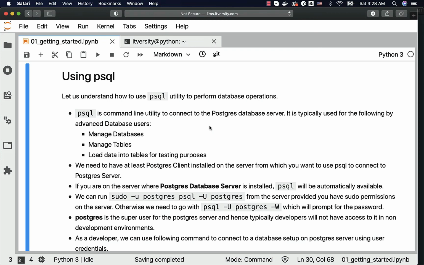So as you gain experience when it comes to connecting to the databases, try to get used to these command line utilities, which can help you in streamlining your troubleshooting capabilities and other capabilities related to your day-to-day activities as an engineer.